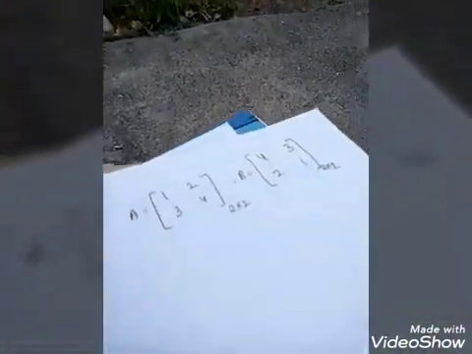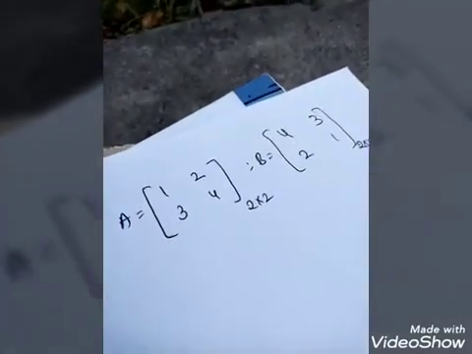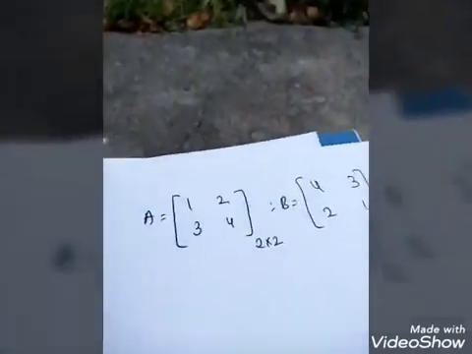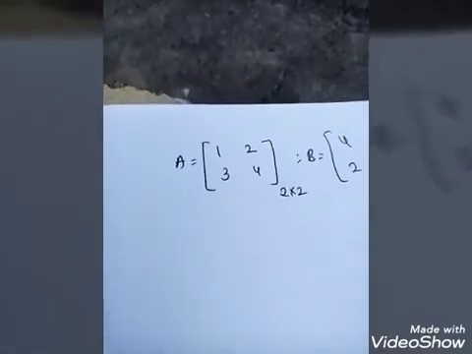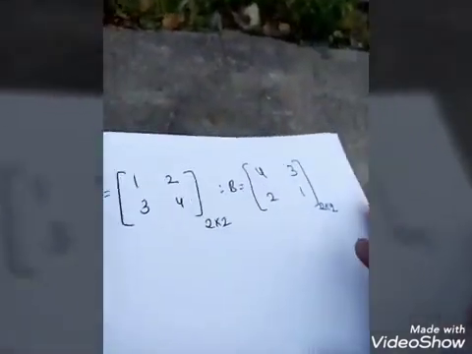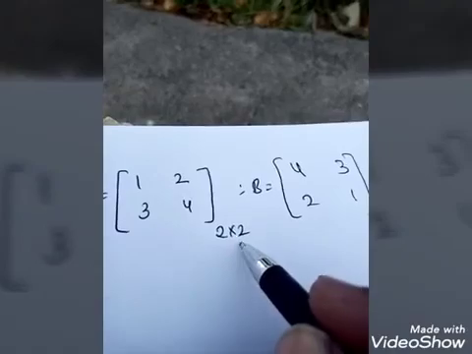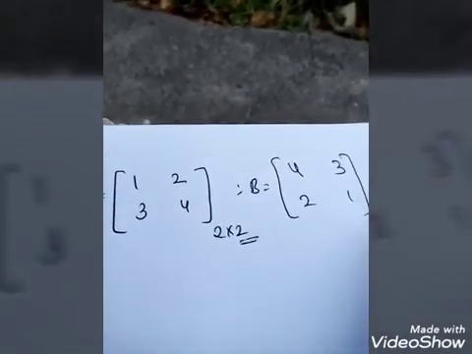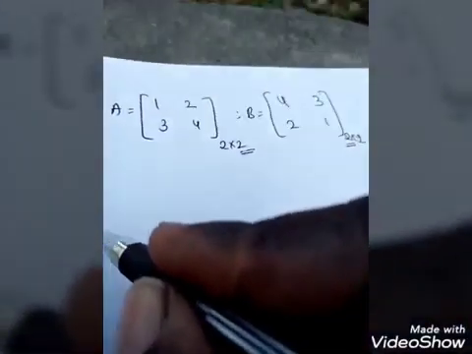Now, here I am moving to the multiplication of matrices. Here I am taking two simple 2 by 2 matrices, A and B. In the definition we have discussed that the product of two matrices is possible if and only if the number of columns in the first matrix is equal to the number of rows in the second matrix. Now we are finding the resultant matrix.